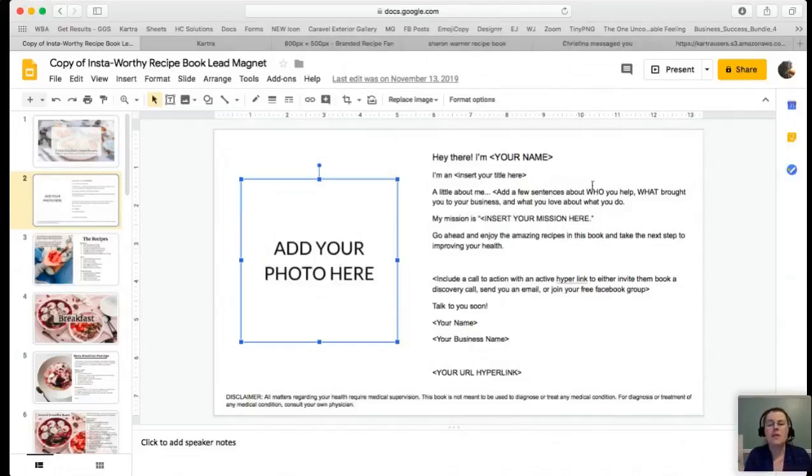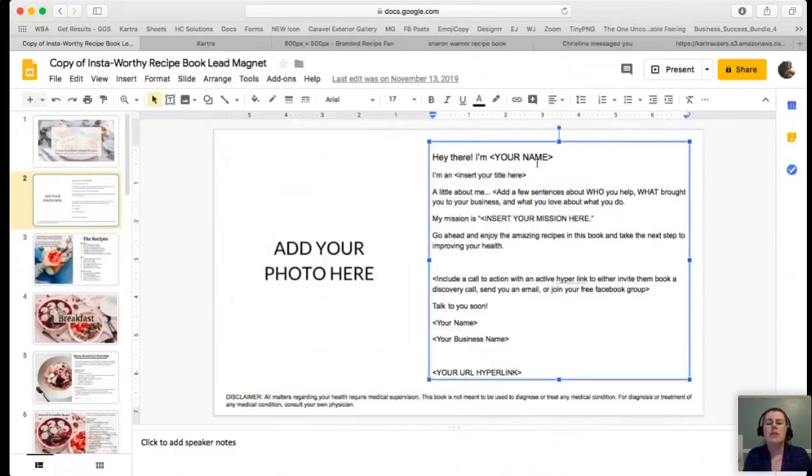Highly recommend this. Now, when you're filling out this About You section, I put in a couple of little blanks here: your name, your title, why you became a health coach, why it's important, what you help your clients do, and how this recipe book will help them get results. It's going to save them time, it's going to save them money because they're not wasting food. They're going to feel better, they're going to have more energy. And if you've personally tried any of these recipes, that's helpful too. You can share that. Okay, so once this is done and you've updated it, we're going to pretend we updated this